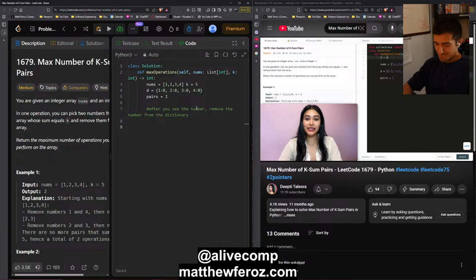So I'm going to define D to be our default dictionary of integers. So by default, all the values are going to get 0 to start off with because this is an integer default dictionary. So now we want to loop through